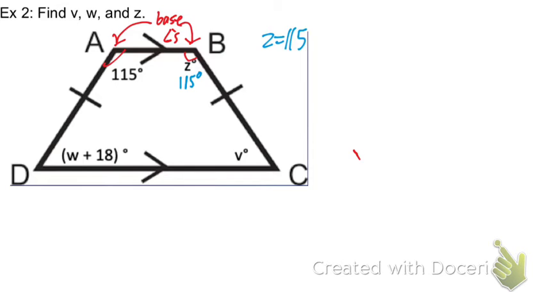Yeah. All right. Is there any way we could find another angle here? Elizabeth. I love it. W plus 18 plus 115 equals 180. Elizabeth or somebody else, give me the reasoning behind why that works. Okay, Dylan, go ahead. Because they're leg angles. Because they're a pair of leg angles, and leg angles are